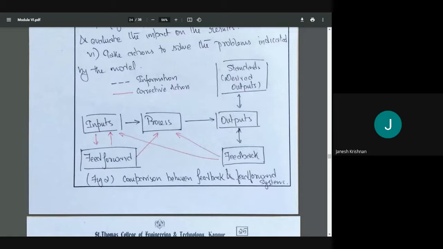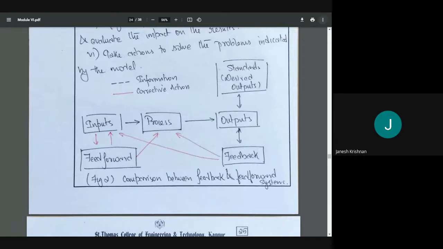Okay. So actually, what is there? We know we have set up standards. Okay, we have set standards over there, right? We need to achieve that. So we'll compare those two, and we'll know whether we have achieved it or not. That will be the feedback. Okay, in the feedback system, this feedback will be fed into the inputs or maybe into the process. Maybe our inputs were lacking, we'll put it into the inputs. Maybe our process was lacking, so we'll feed it into the process.